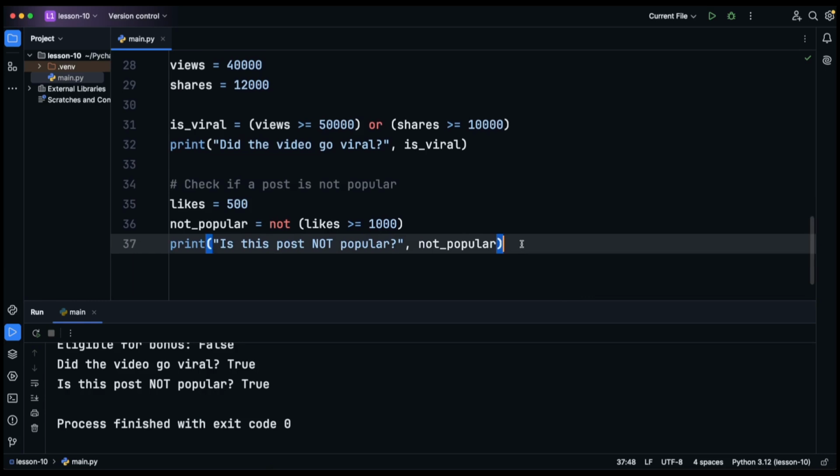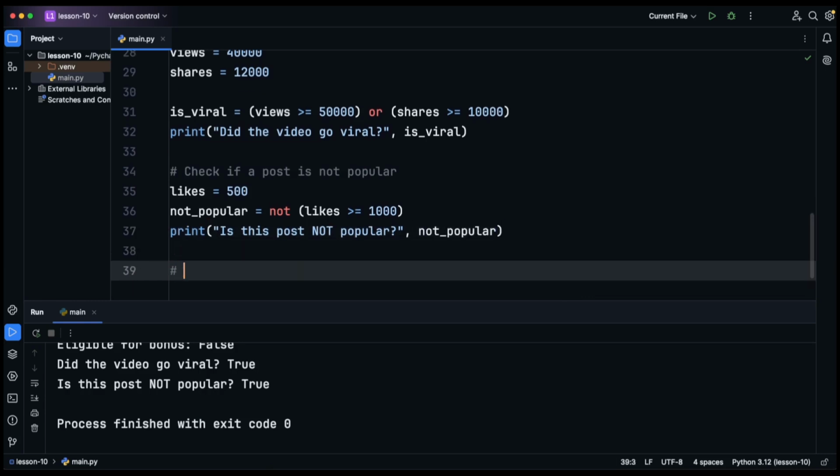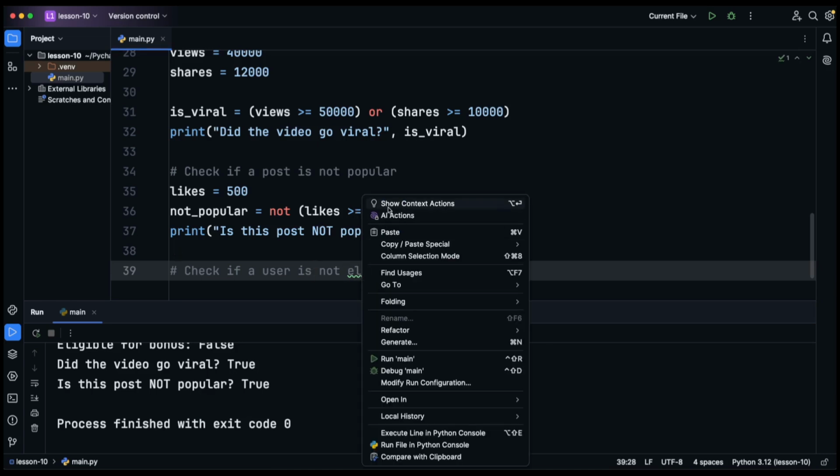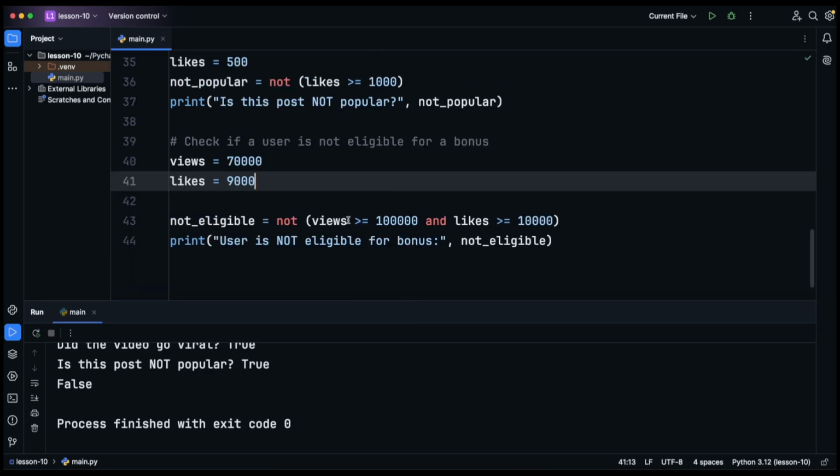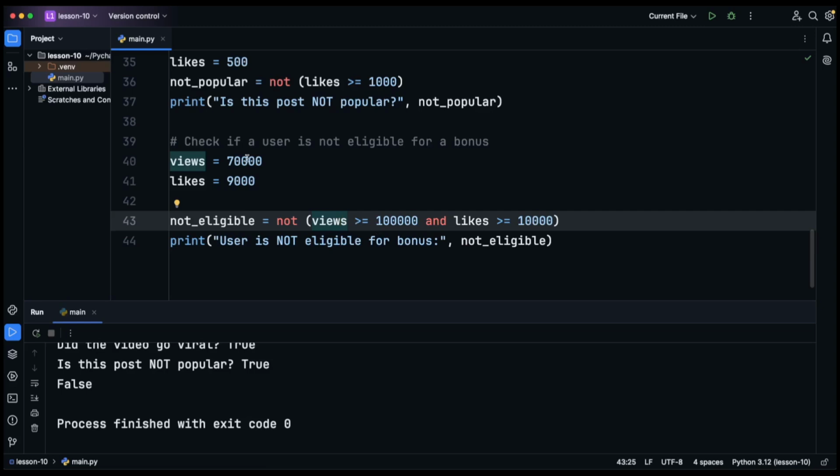Let's do another one. Let's check if a user is not eligible for a bonus. Okay, got the spelling wrong. There you go, fix it. Okay, so in this instance, this is going to check if the user does not meet the condition for a bonus. So if we look at this, we see that views is 70,000, greater than or equal to